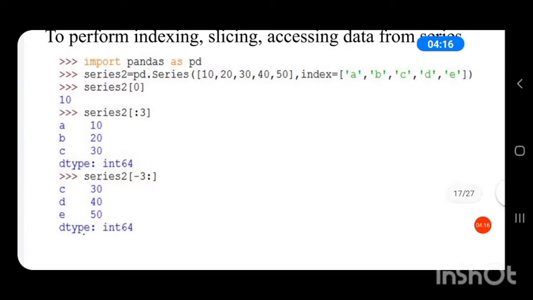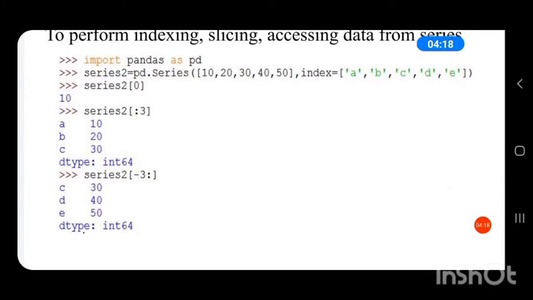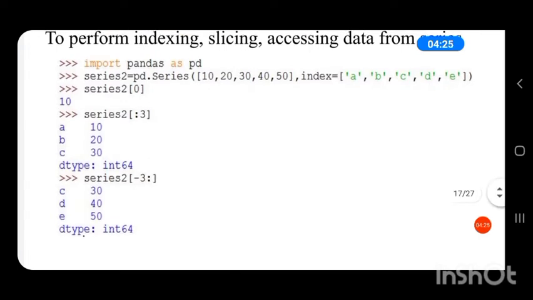Here index equal to a, b, c, d, e is the name given to the index. Actually it is not the index value, it is just a name given to the index.